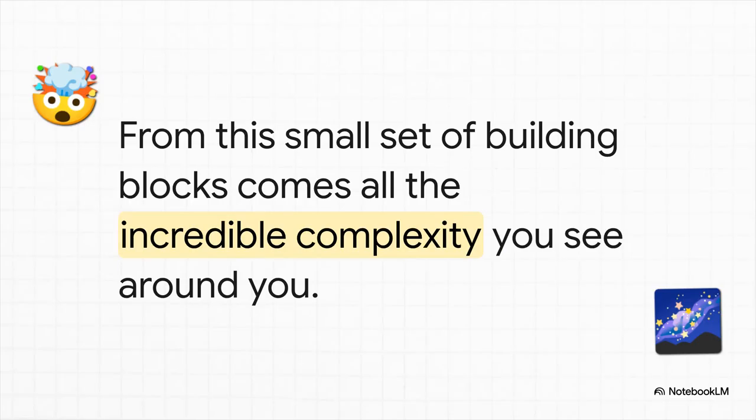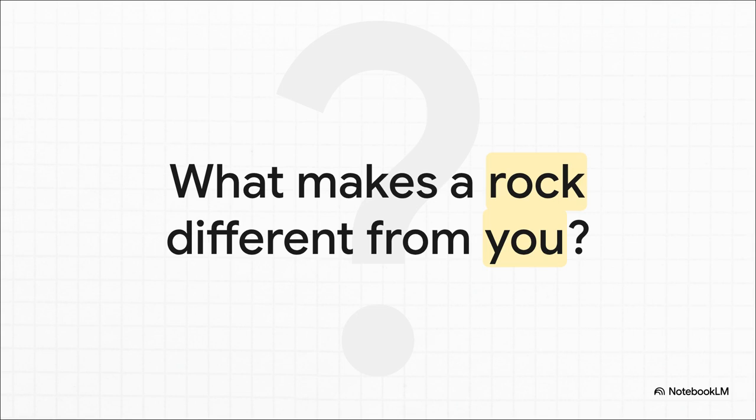And that's really the big takeaway here. The universe creates this almost infinite variety from a place of shocking simplicity. It's not about having endless ingredients. It's about having a small, powerful set of ingredients that you can combine in endless ways. So I'll leave you with this final thought to chew on. If you and a rock are made from the exact same fundamental parts, those 118 types of atoms, what really makes you different? It all just comes down to the arrangement, the pattern. And when you think about it like that, that's a pretty wild thought, isn't it?